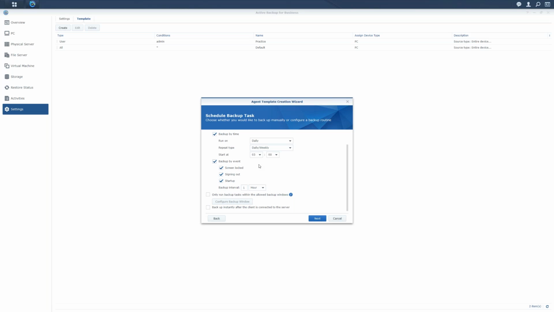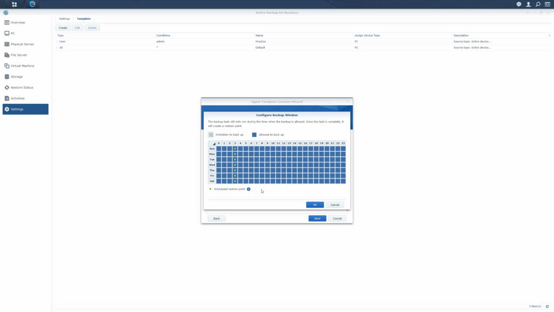So when they lock the screen, when they sign out of the computer, or when they start up their computer, you can have a backup run at that time. And if you're thinking, oh no, that's going to interfere with their workload, it's going to bog down their computer or the network, well, you can configure backup windows where the backups don't run. So you can block it out during their work hours or whatever you want to do.